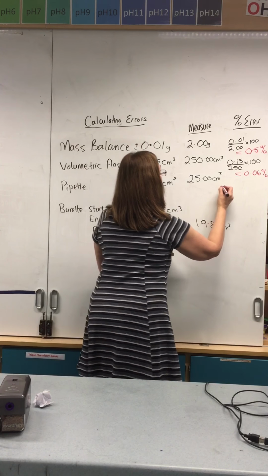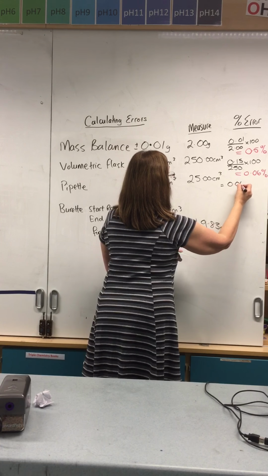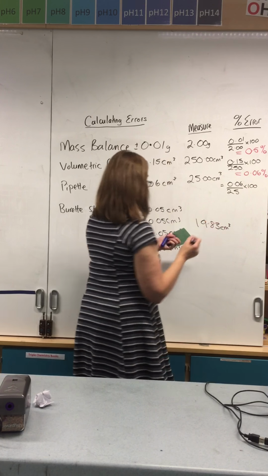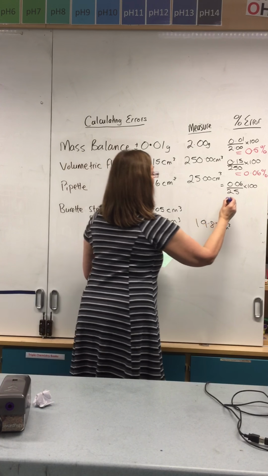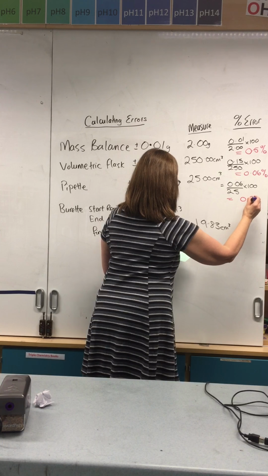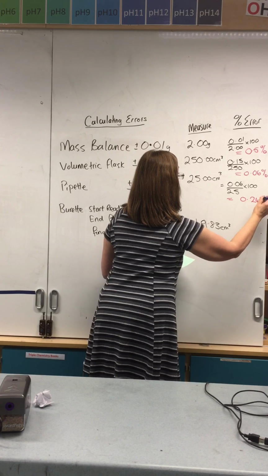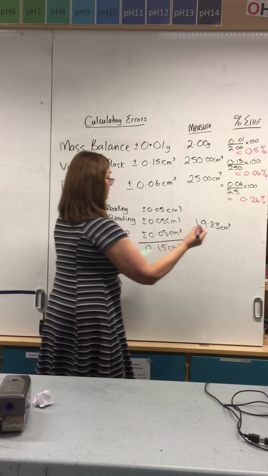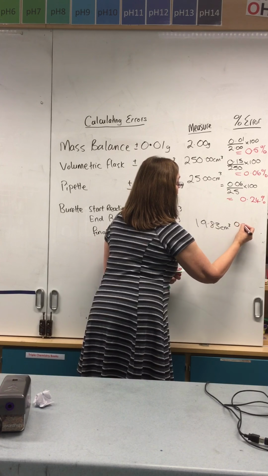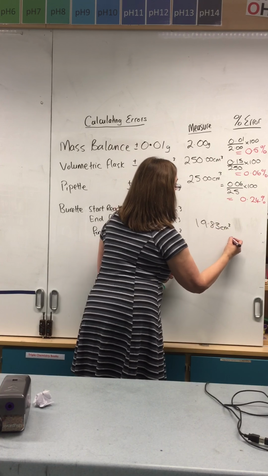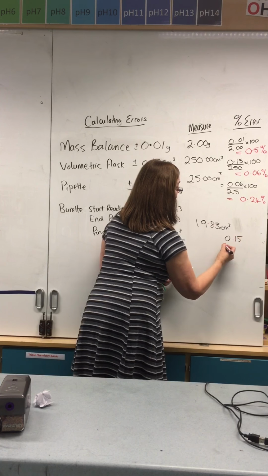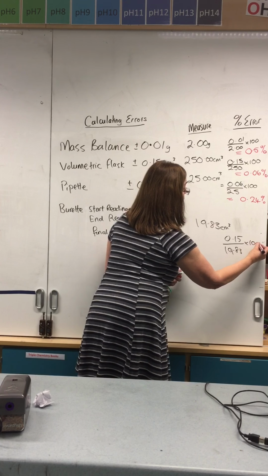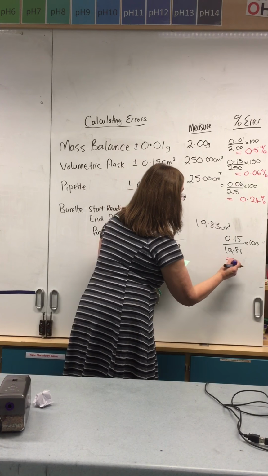So that's 0.06 over 25 times 100, and that gives me an error of 0.24%. And finally, for the titration, the error is 0.15 divided by 19.83 times 100, and that works out at